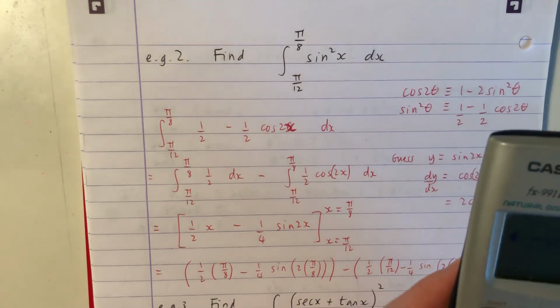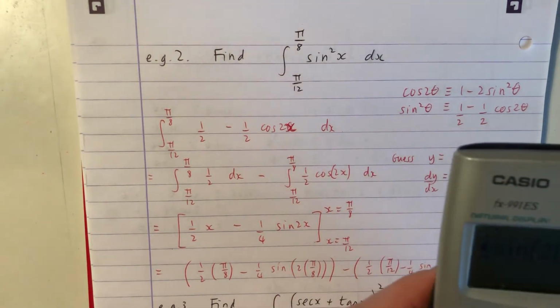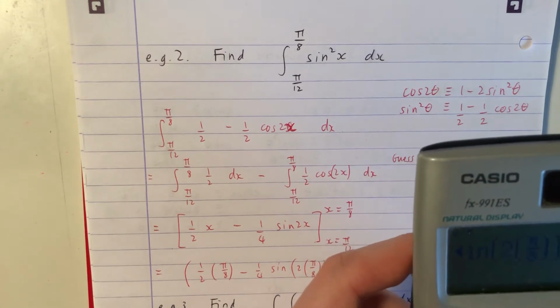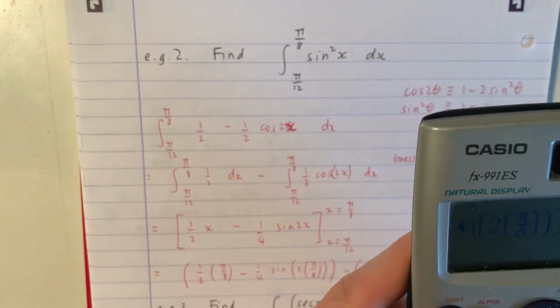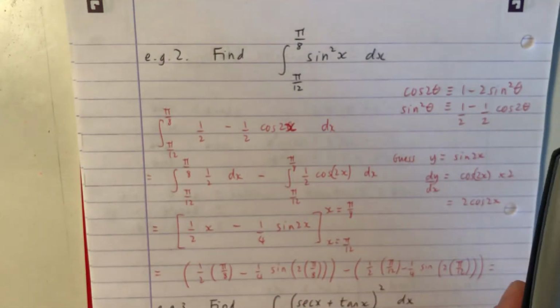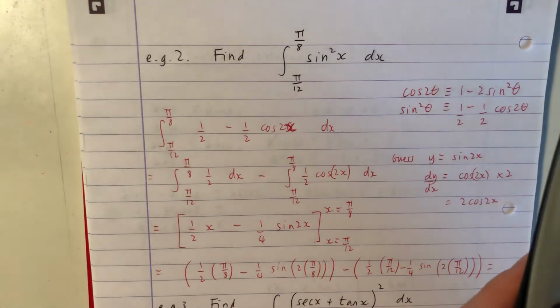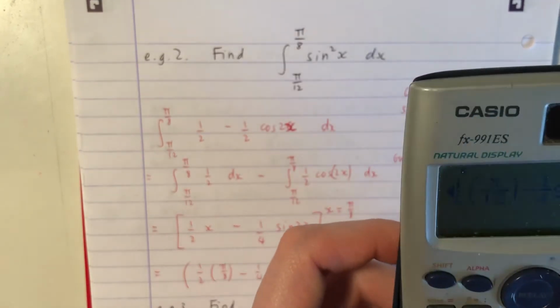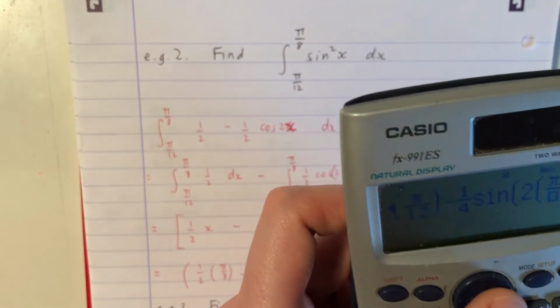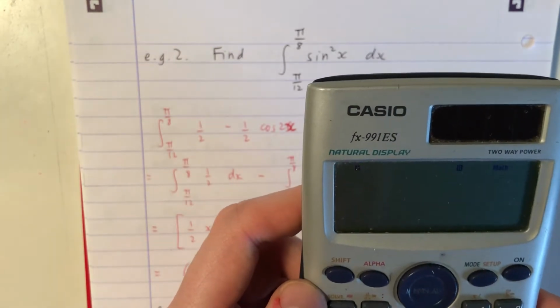Close the brackets, subtract a half pi by 12. Subtract a quarter sine 2 pi by 12. Press equals, and